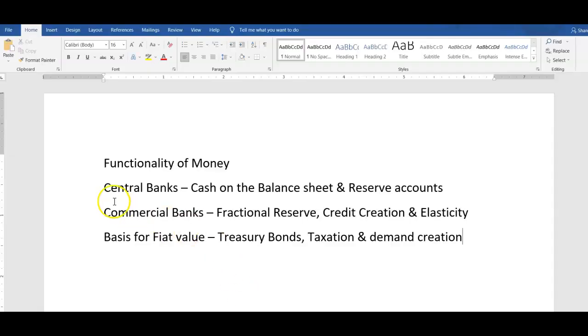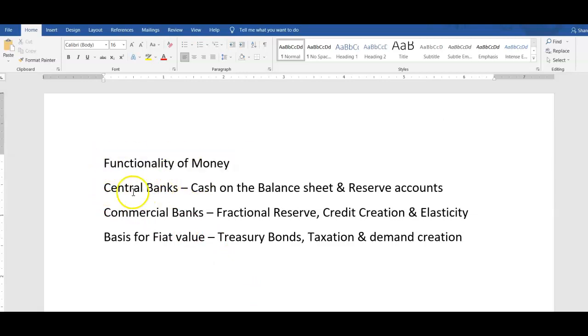I'm going to try and make a video here about what even is money. We've got all of this blockchain innovation going on around cryptocurrencies and value exchange and the Internet of Value, and so I thought it might be nice to talk about what even is money. So I'm going to run through a couple of things here. We're going to look at the functionality of money.